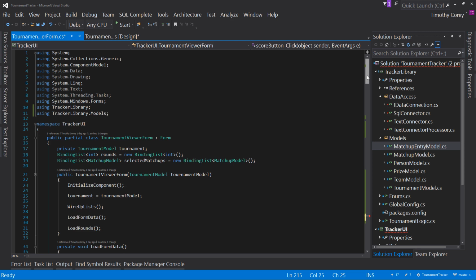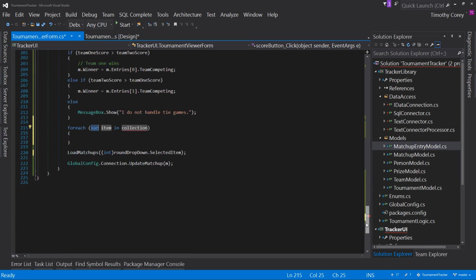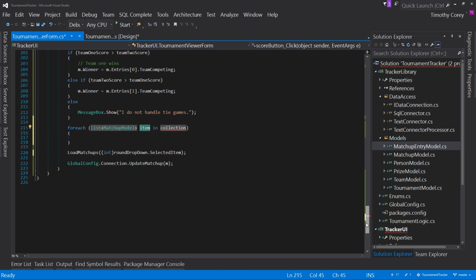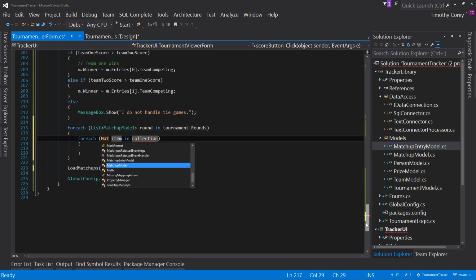Remember those rounds of rounds? So therefore, we can go through each of those rounds. So list of matchup model, round in tournament.rounds. Then for each matchup model,